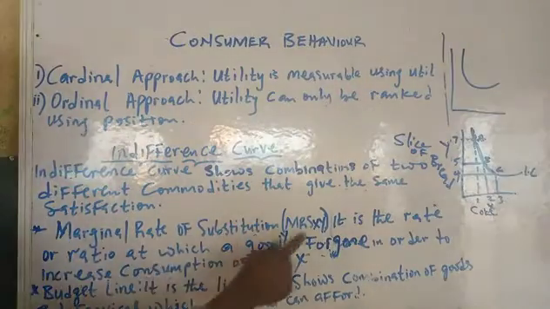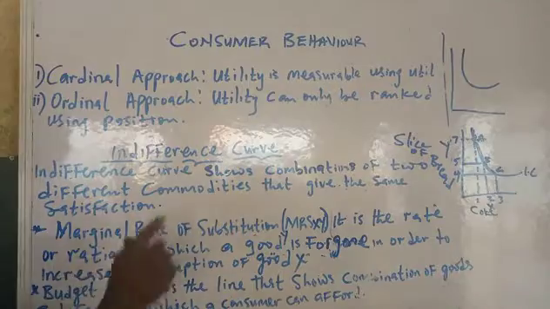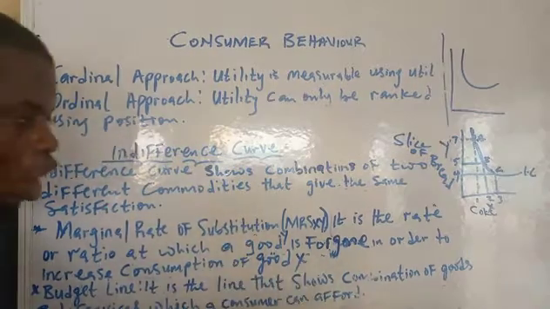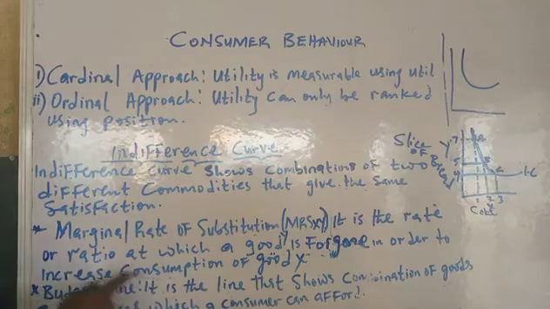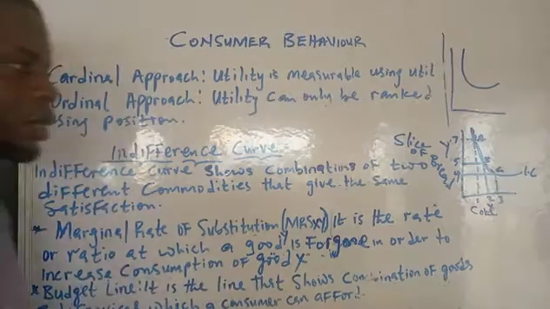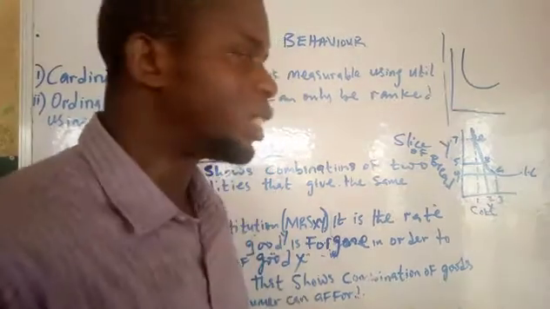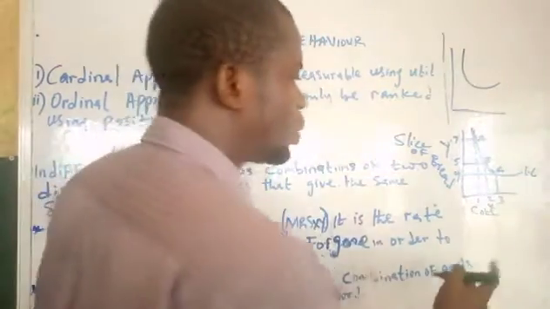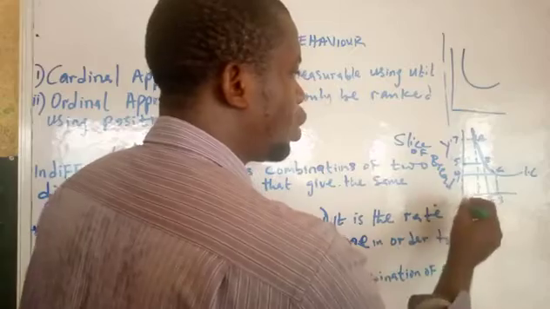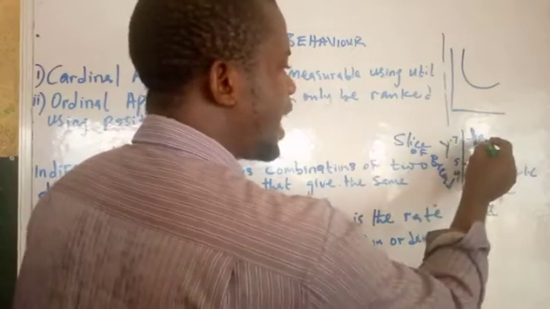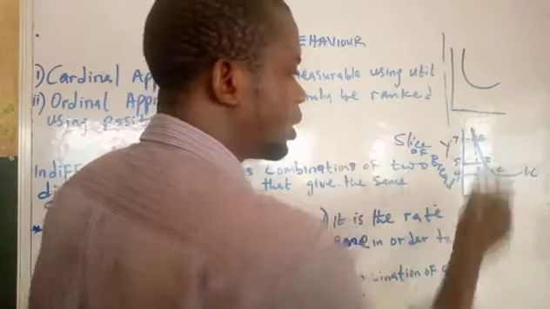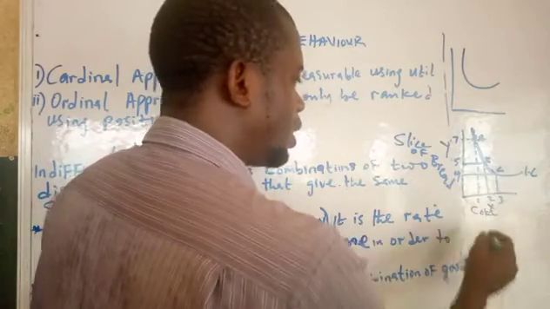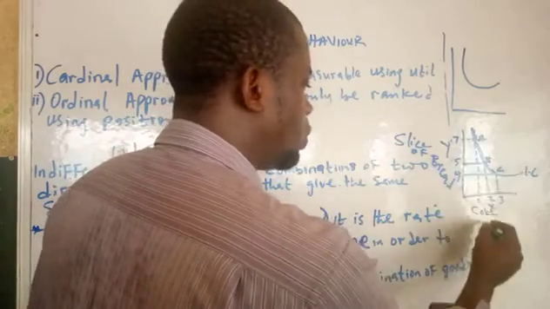So marginal rate of substitution is the rate at which a good Y is foregone in order to increase consumption of good X. So that's marginal rate of substitution. In exams, they can ask you what is the marginal rate of substitution from A to B? So the marginal rate of substitution from A to B will be